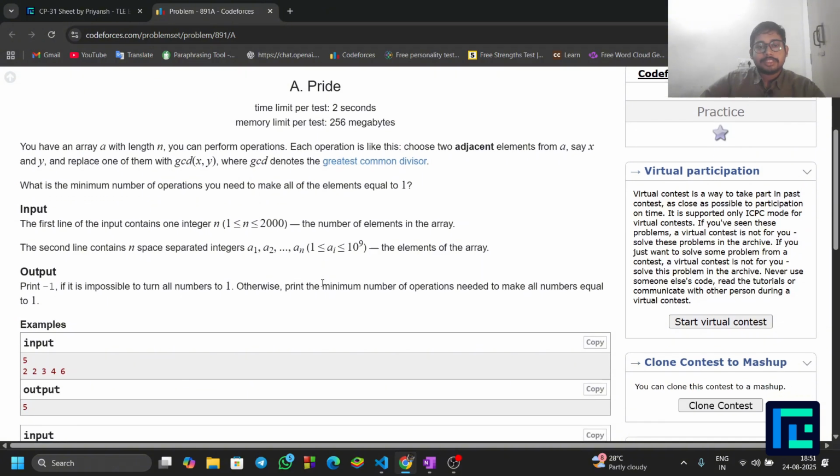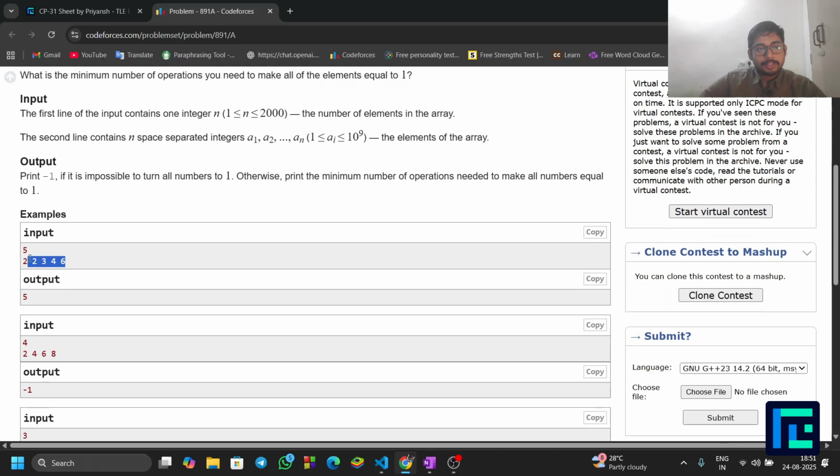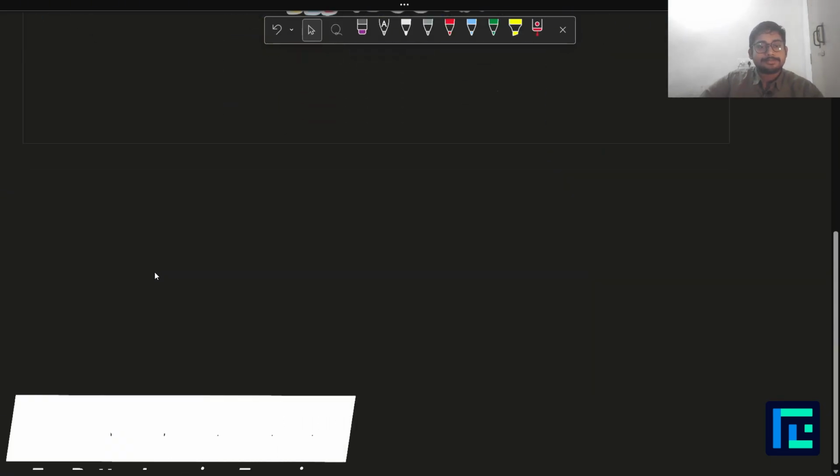So this is the question basically: you are given an array and the only type of operation you can perform is to pick any two adjacent elements and replace one of them with their GCD. By performing these operations, you need to find the minimum number of operations needed to make all the elements equal to 1, and return it. For example, if you take the first test case,